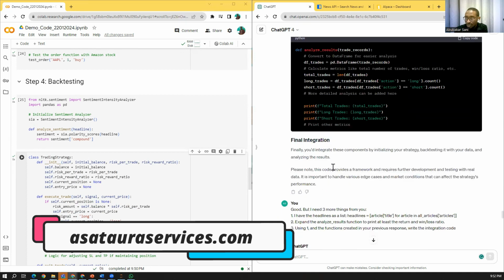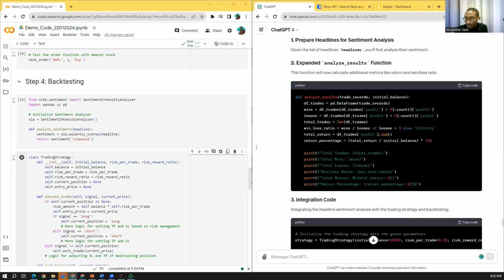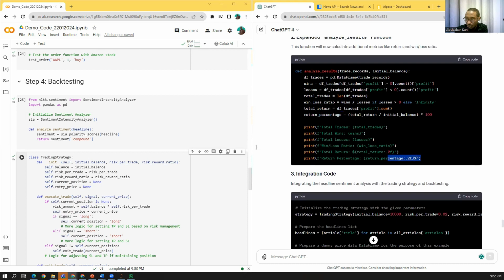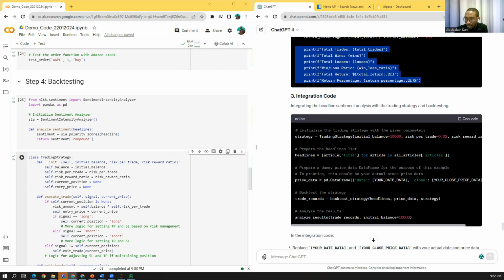So we will analyze these results based on the trade records that we got. We return the trade records and we can calculate the wins, the losses, the total trades, the win to loss ratio, the total return, and the return percentage. And we will print it all out so that we can see. So it provides the integration code.